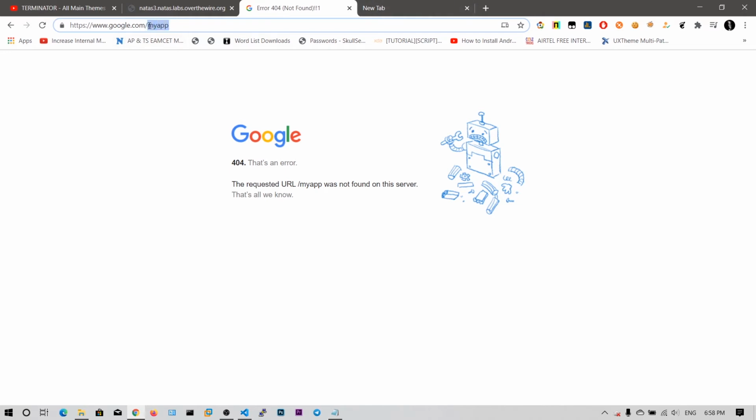So if I put my app in the robots.txt file of the google.com main domain, search engines will not find this directory and will not display any content from it. You need to manually find out, because you need to guess that there is a my app. Otherwise, from Google or any other search engine, you cannot find this URL, because my app has been hidden from search engines.